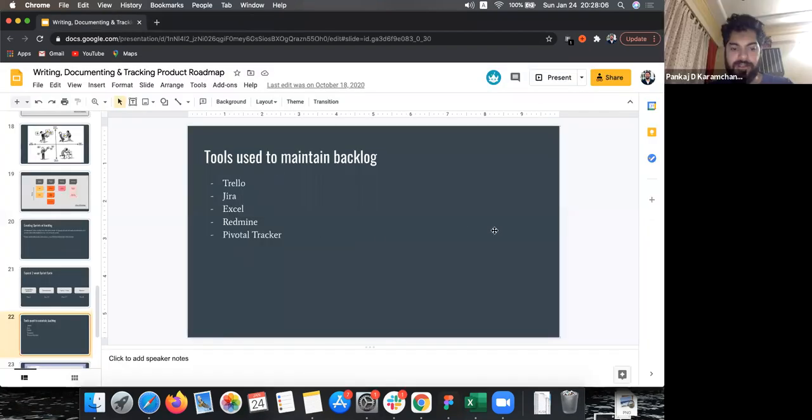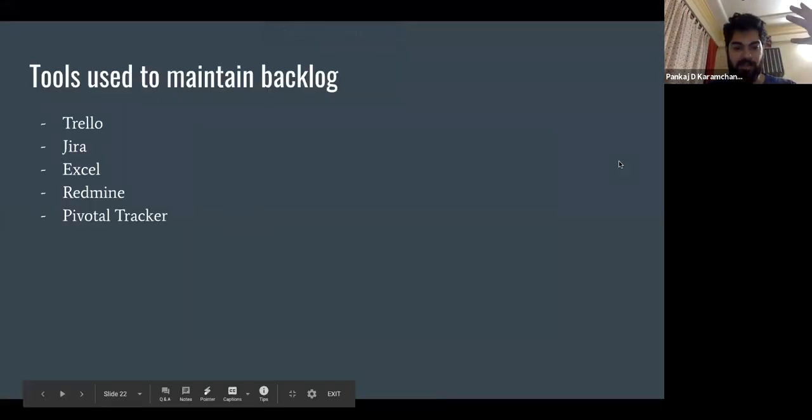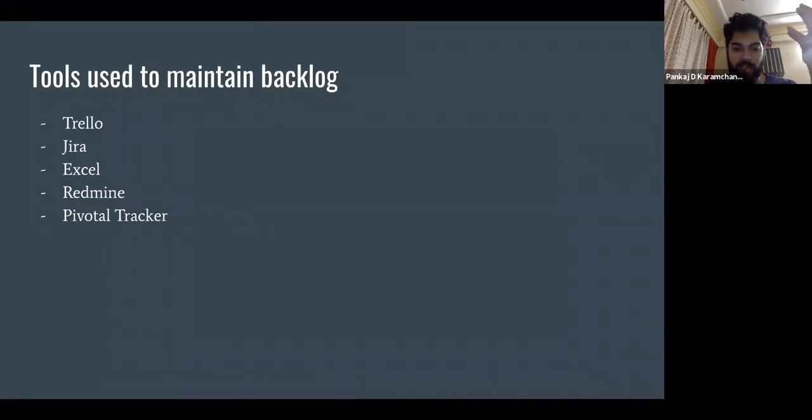But yeah, I would urge you guys to at least try out Trello, Pivotal Tracker. These are free tools. You can even keep your backlog in Excel. But the problem which usually happens there is Excel will be local to your machine. So there's no transparency on how you are managing your backlog. Trello or Google Sheet is a better way to do it because other people can access it and they'll see a live